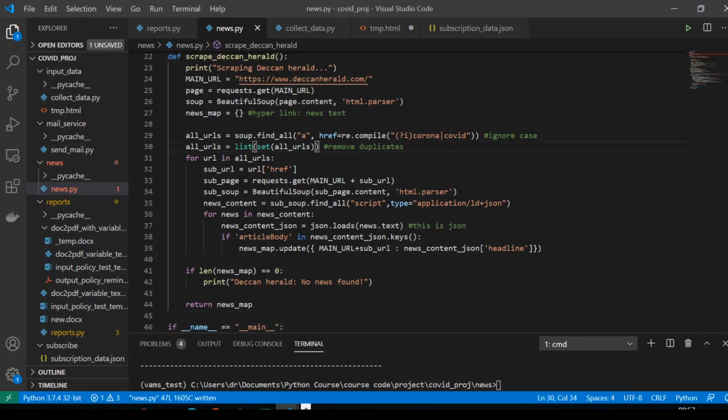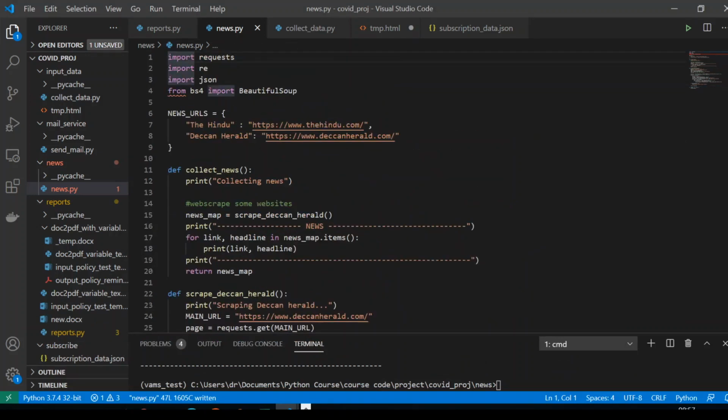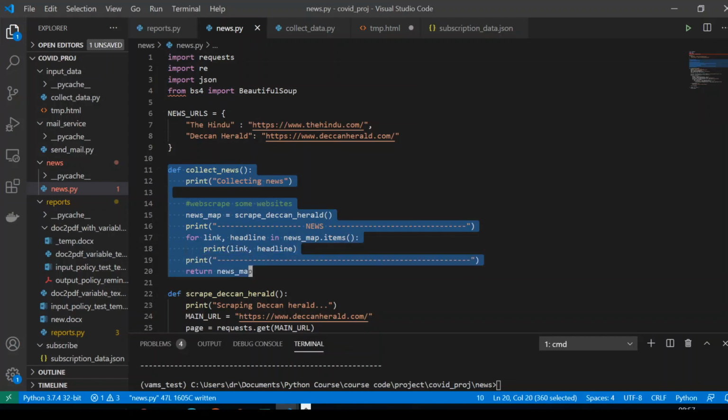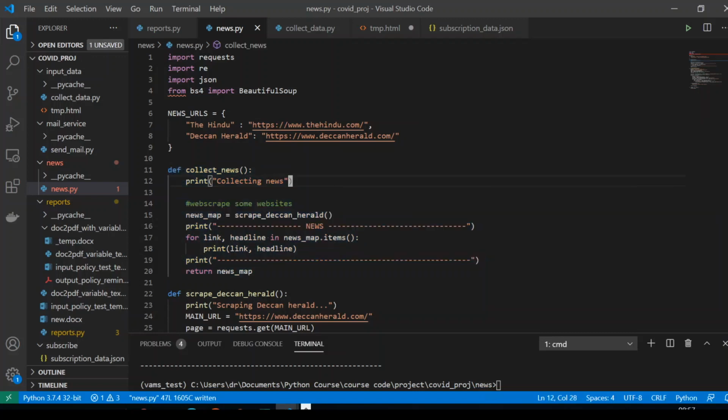All right. So yesterday we had written some skeleton code, and we wrote some interfaces, and those interfaces we are trying to fill up. So we just drew some boxes, and now we are trying to fill up those boxes. Now here in the news module, our aim is to